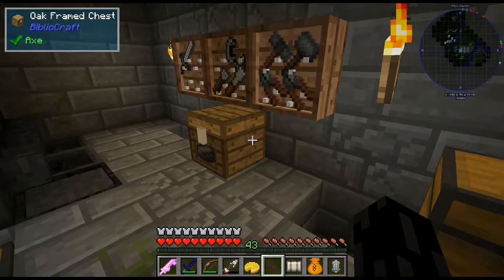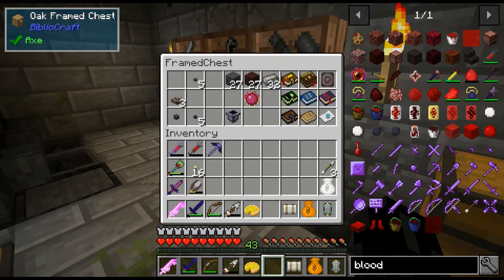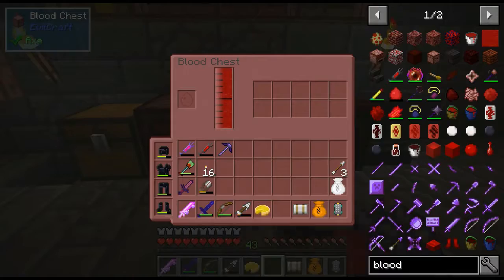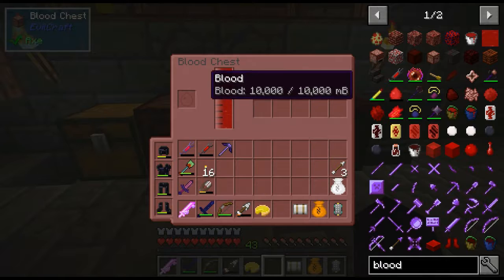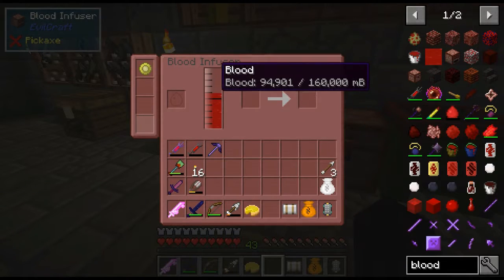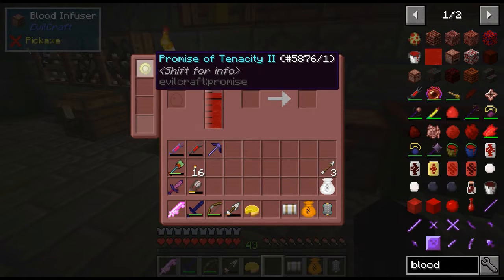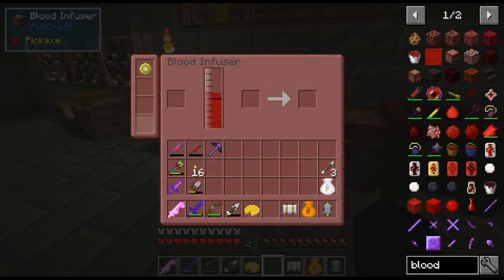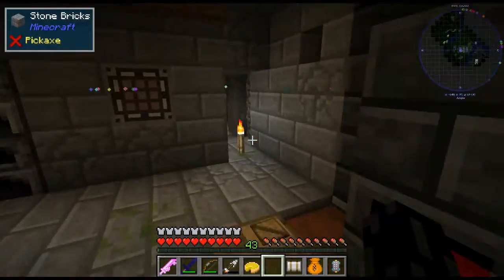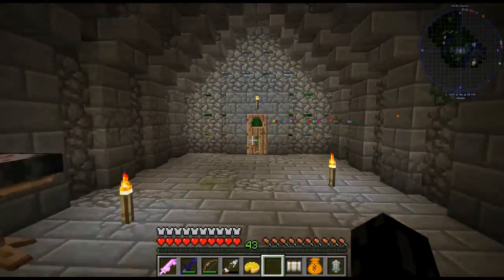Welcome back to Strange Aeons. My original plan for today was to start out the Immersive Engineering over at the mansion, but I've noticed I am running out of blood. I used the condensed blood to fill this, and I could not fill this the rest of the way. This needs to be full to make the diamond level one. So, looking at that, the plan for today will be